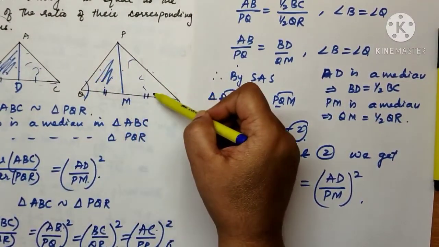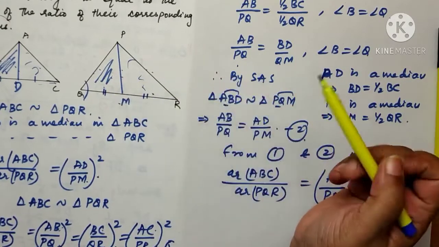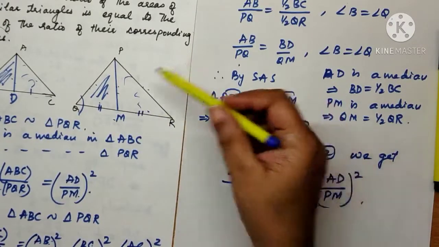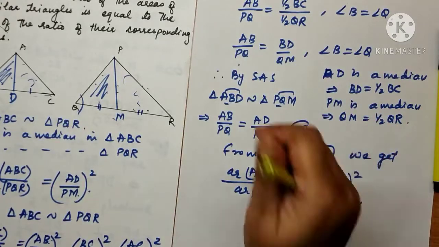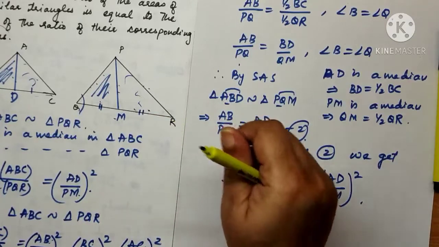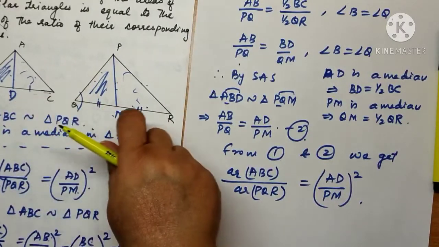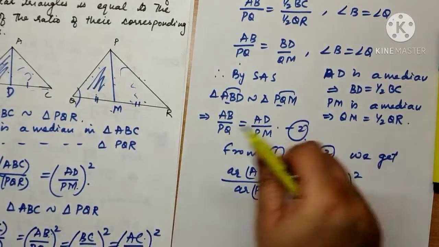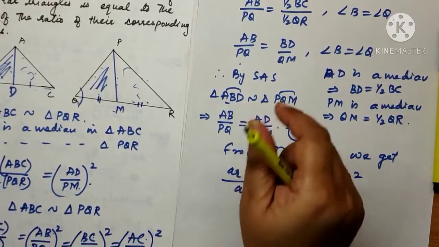The ratio of the areas of two similar triangles is equal to the square of the ratio of their corresponding medians. Actually, this is an immediate deduction. See, we have the theorem. What does the theorem say? The ratio of the areas of two similar triangles is equal to the square of the ratio of their corresponding sides. Now, it is also the square of the ratio of the corresponding medians, right? Also, if you observe, it will be the square of the ratio of their corresponding altitudes and angle bisectors also. But I will not be discussing these proofs. I would like you to try and prove that yourself.